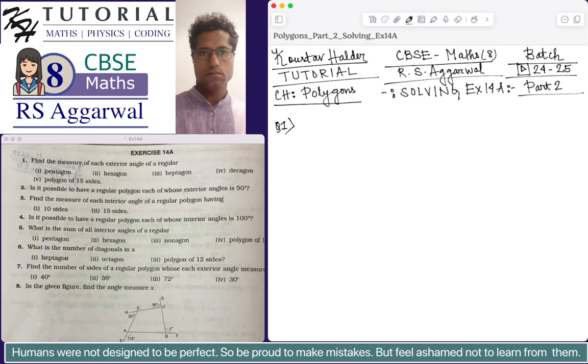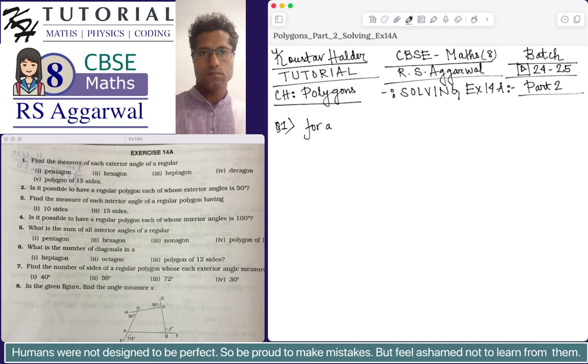Question number 1, these are all subjective questions. Question number 1 says, find the measure of each exterior angle of a regular pentagon, hexagon, heptagon, decagon and a polygon of 15 sides. So we know that